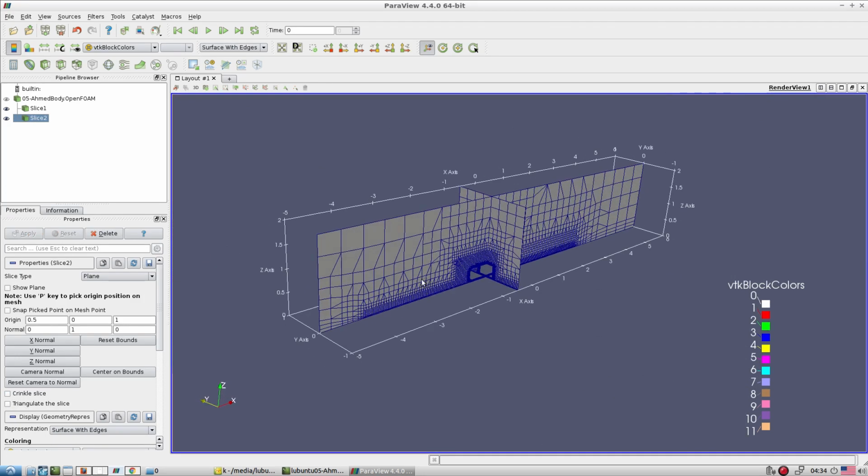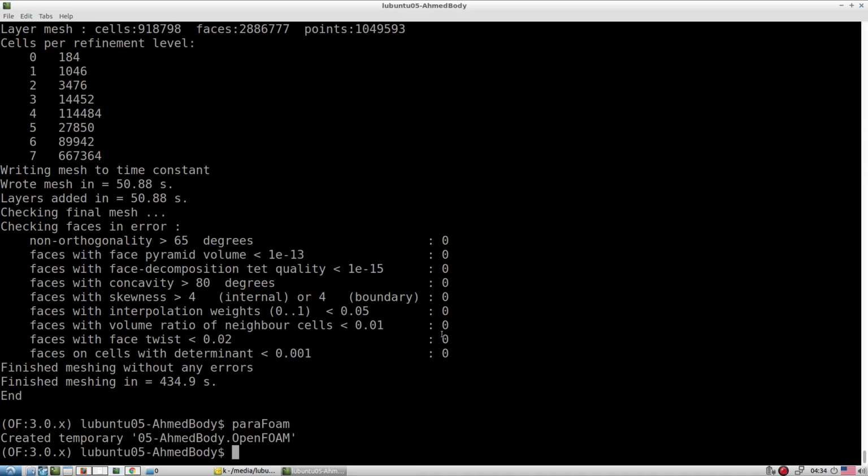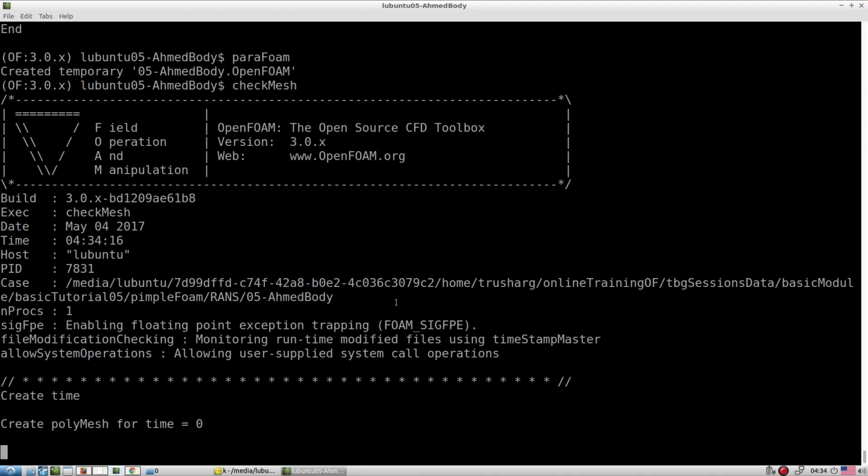So now we try to simulate it. The inflow is approaching this obstacle, going from here to that side. Check mesh gives you the idea about the number of cells and whether the mesh is appropriate or not.